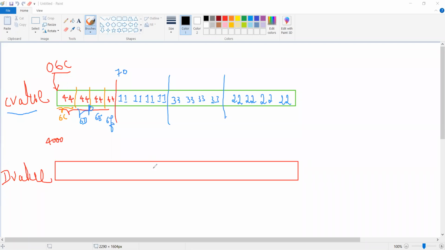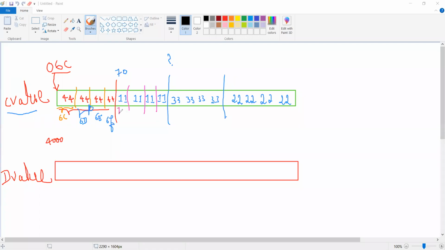Now, can you give answers in the chat box at this point? What should be the answer here? Here is a question mark. For that, see, you can use this point. It's called 70, 71, 72, 73. I repeat, 70, 71, 72, 73. Can you see this Paint, where I am drawing the memory layout? Yes, okay, fine. Now, what is the answer here?